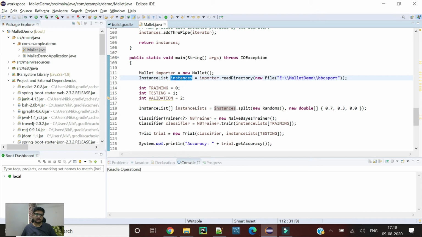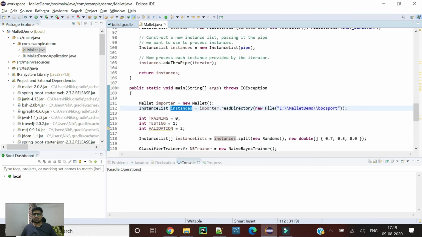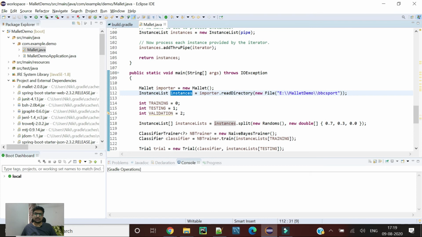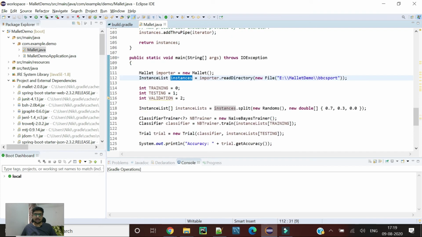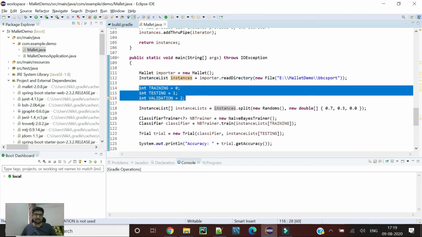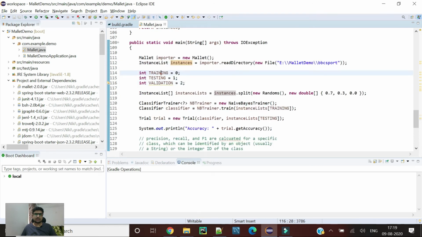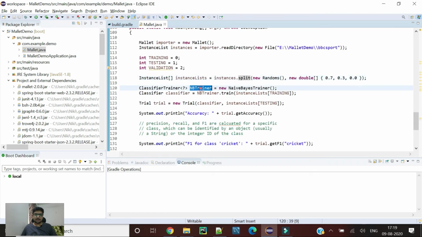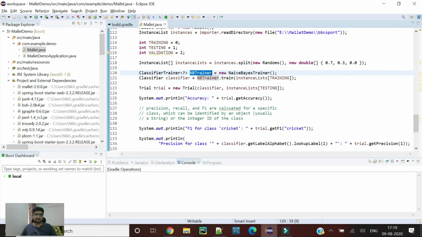What happens here is that every text data goes through the pipeline and creates these instances. Here we are mentioning the training, testing and validation points, and we are splitting our data into train and test sets in a 70-30 ratio. You can take 80-20 as well, depending on your data. Then we are creating a Naive Bayes classifier, and we are training this classifier with our training data.